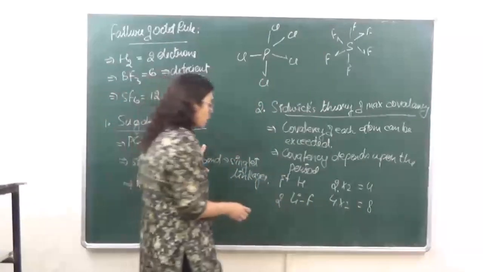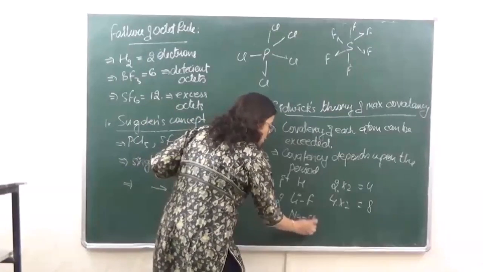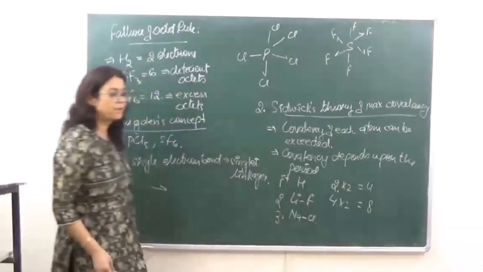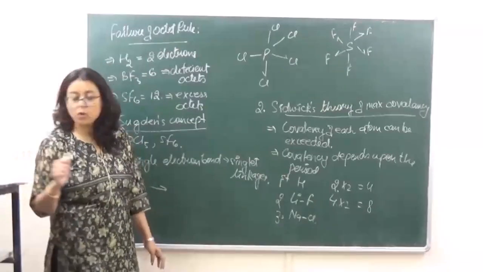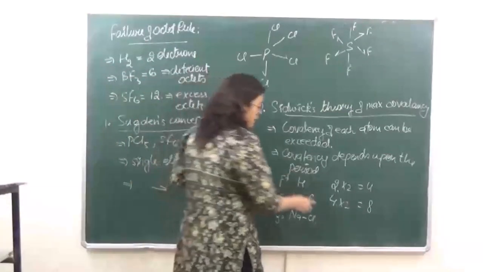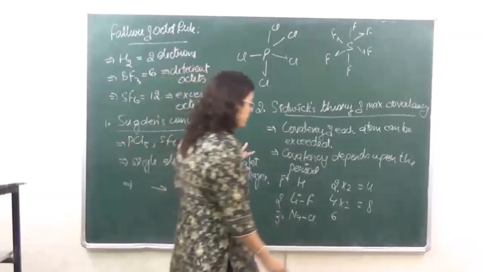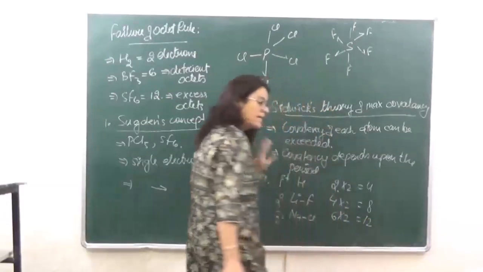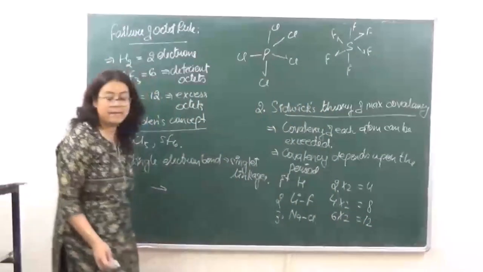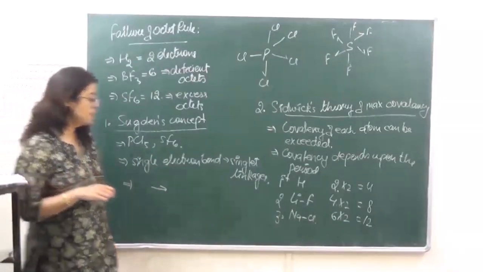In case of the third period, which starts from sodium to chlorine, the covalency which it can have is 6. Right? So what is going to be the maximum number of electrons? 6 into 2, that is 12. Right? Then we go to the fourth period. In case of the fourth period, it will be the same.